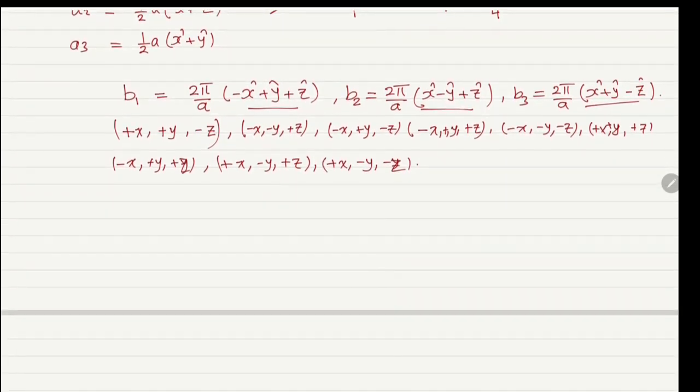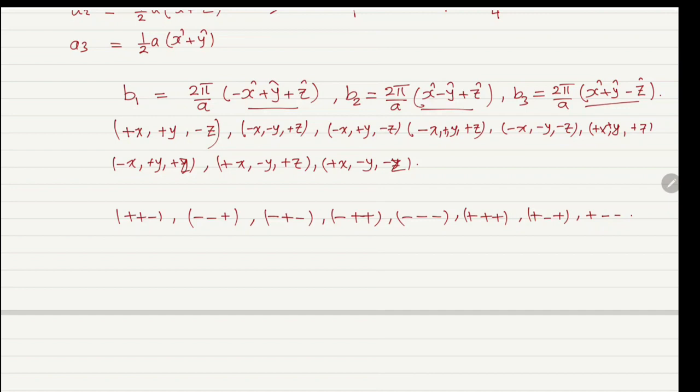Or in other words, we just write them as plus plus minus, minus minus plus, minus plus minus, minus plus plus, minus minus minus, plus plus plus, plus minus plus, plus minus minus. Now if you count them, we find that there are 8 shortest G's,